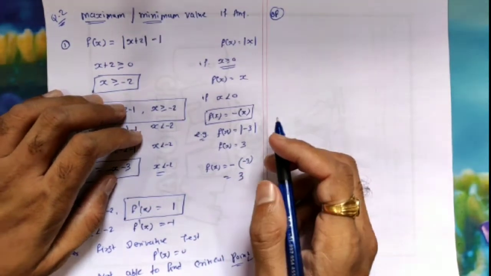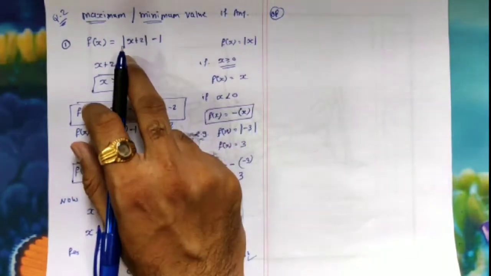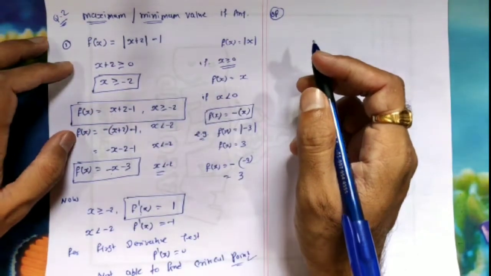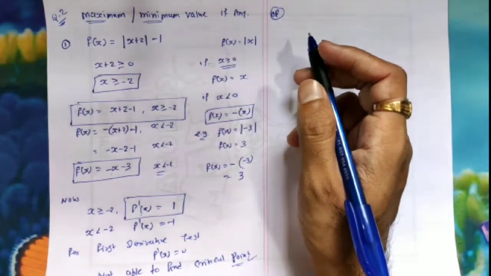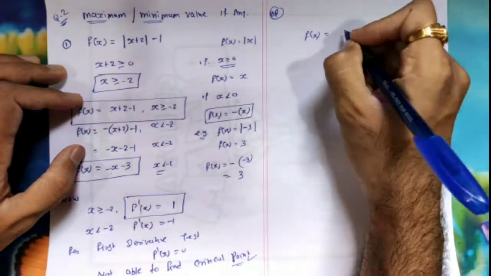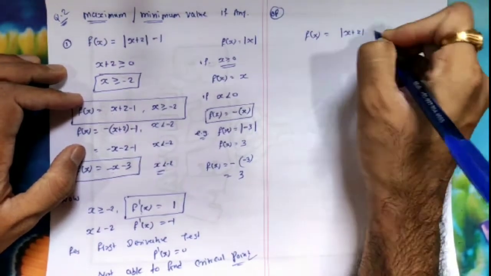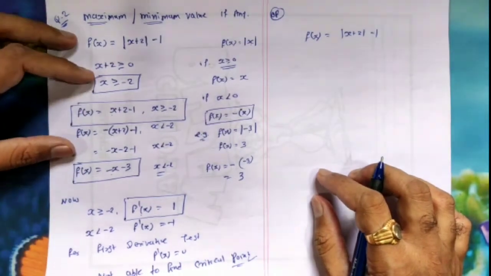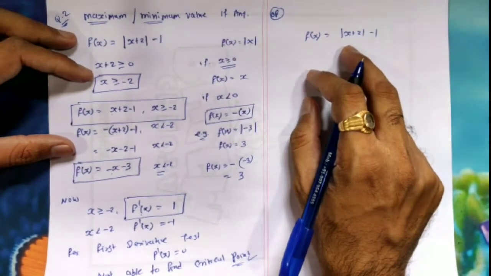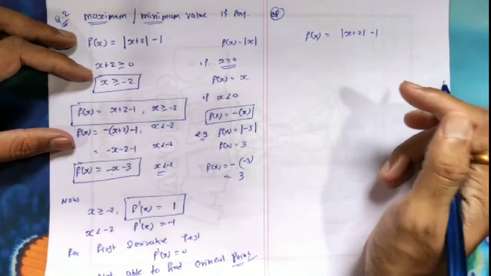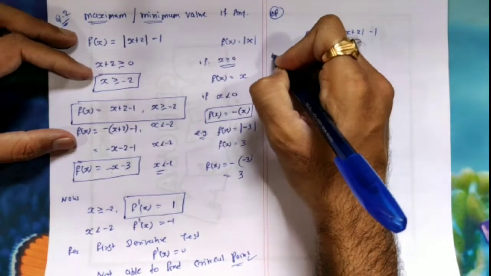We are given the function f of x equal to mod x plus 2 minus 1. This is our given function. Now we have to find its possible maximum value and possible minimum value. So now